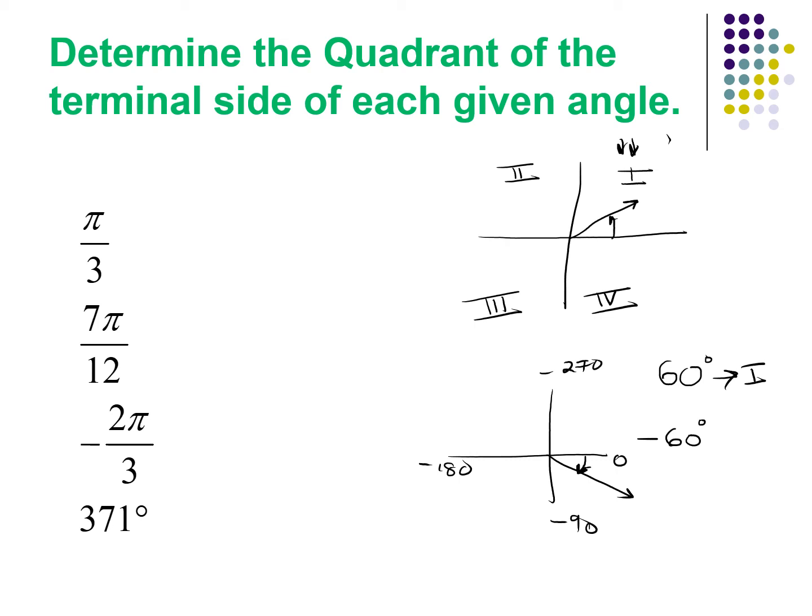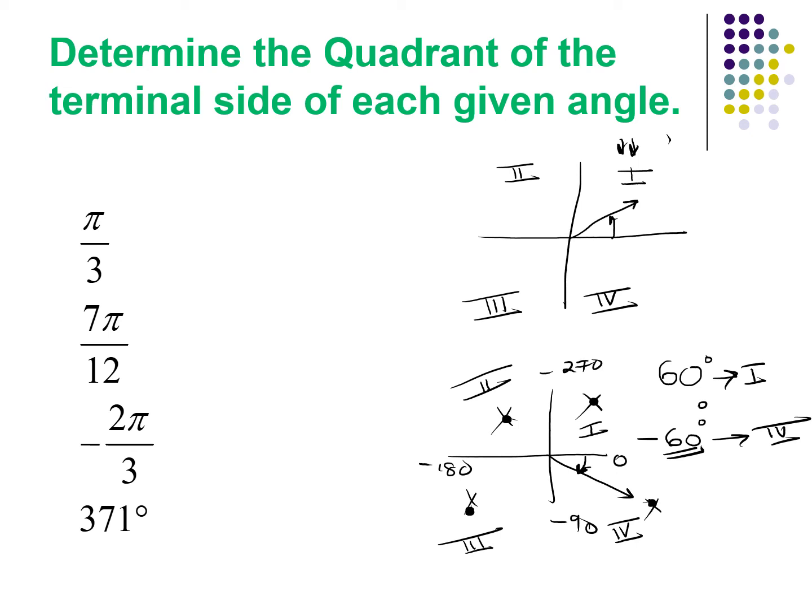But it doesn't mean that this becomes the first quadrant, this becomes the second, this becomes the third, this becomes the fourth. No, the numbers of the quadrants stay the same. This is 1, so 1, universal truth. This is 2, so 2. This is the universal law. This is 3 means 3. This is 4 means 4. It means that minus 60 degree lies in the fourth quadrant, and that's all.